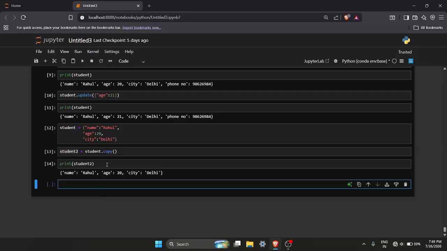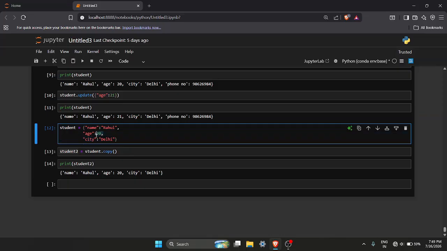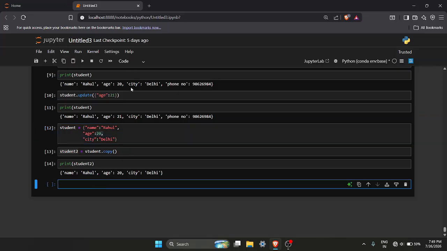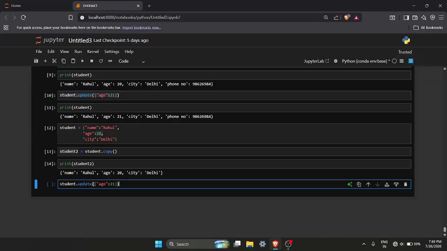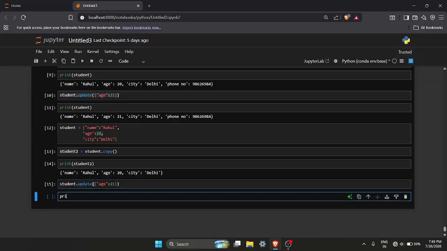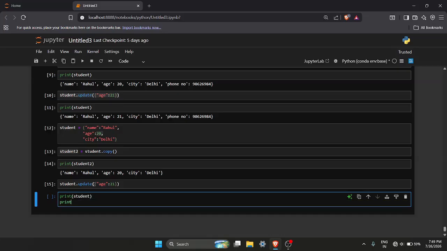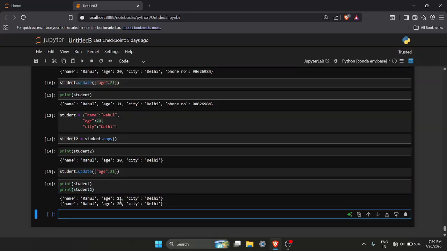Now these two dictionaries are independent of each other. When I say independent, that means if I make changes to one dictionary, that will be totally exclusive from the other dictionary. Say I want to update this age in the student dictionary to 21. So I will simply write this update function, student.update. Now if I print student 1 and student 2 simultaneously, you will see that the changes are only made